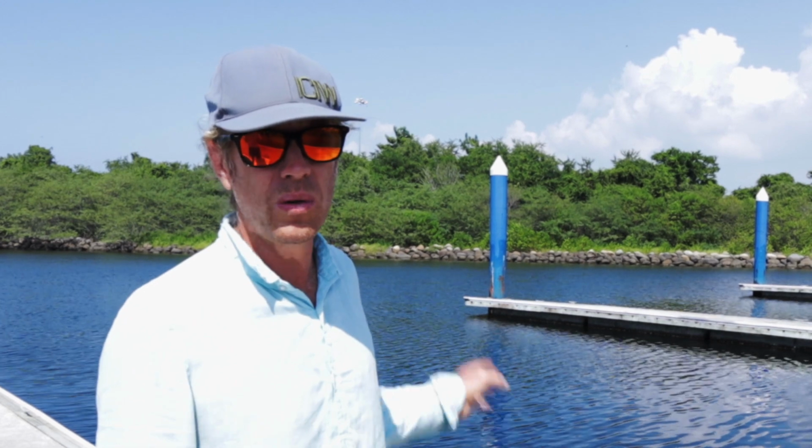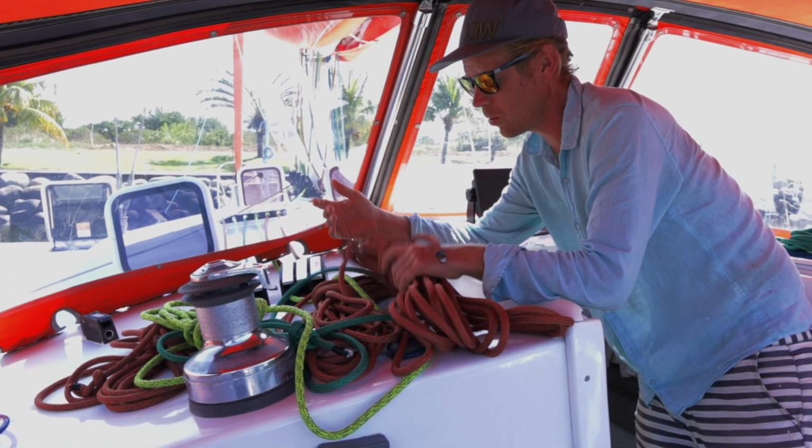So we need to leave and come back. That's mainly why we are leaving. So we'll probably be going down to Honduras and stay there for, I don't know, some days, and then head back again. So we'll probably be back here in 10 days. And I think we're more or less finished with